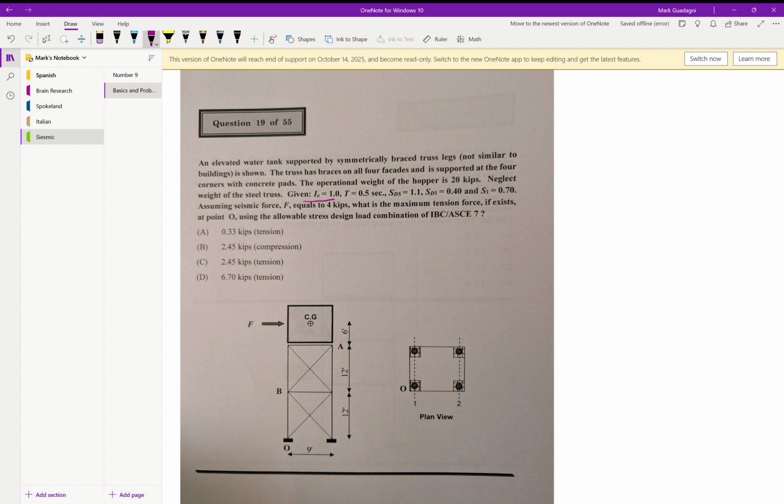They have not given us the vertical force, but ASCE gives some combinations for how much percentage of the force of the earthquake and the dead loads you have to take into effect. So that formula is 0.6 minus 0.14 SDS times your dead load plus